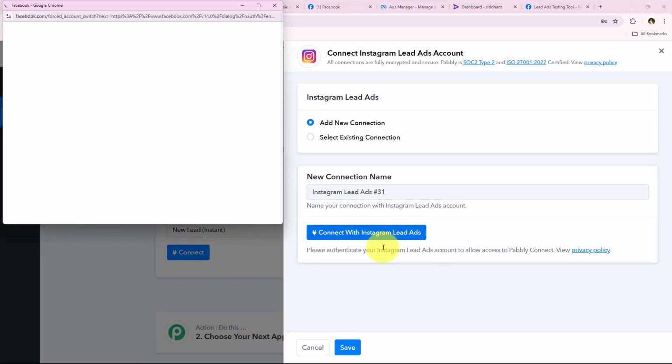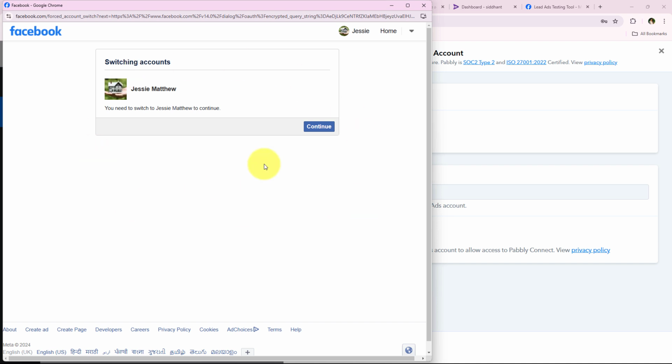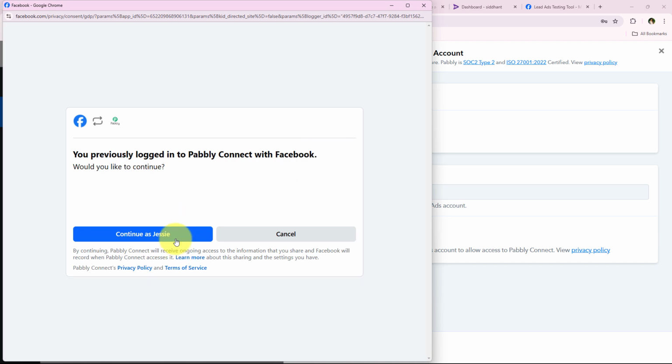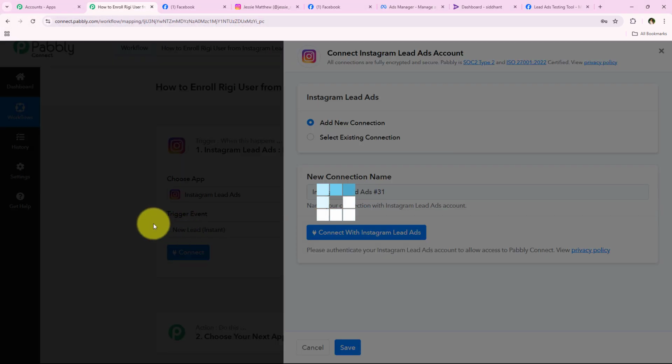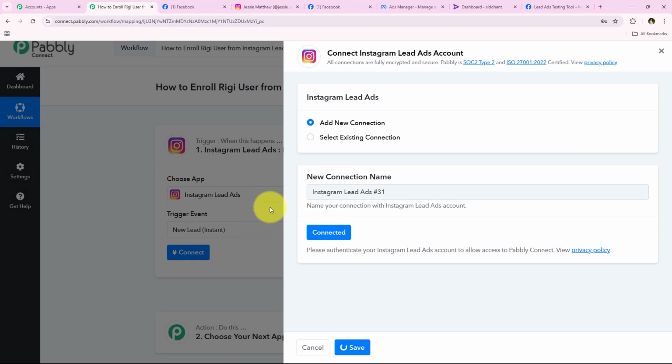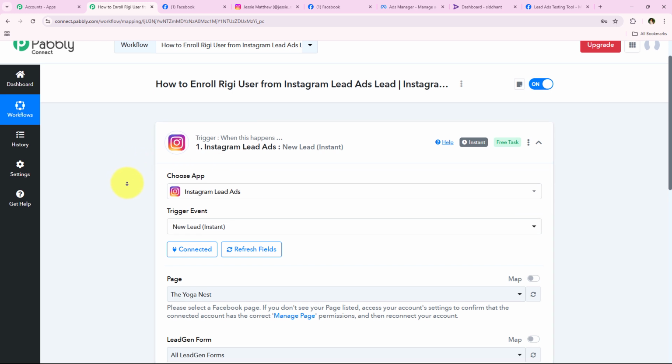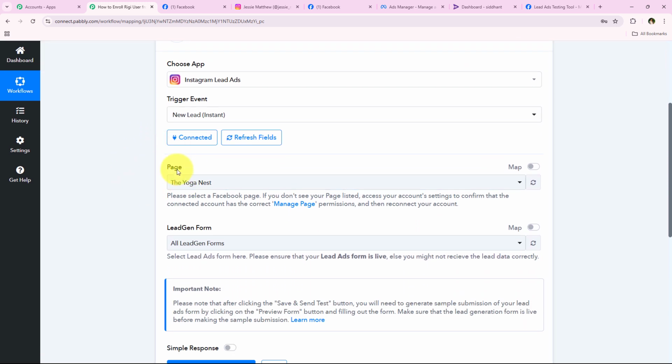Okay, so as soon as I click on this button right over here, it is asking me to select my Facebook account. So as you can see, this is the same Facebook account which we have connected with our Instagram account, right? So I'm just going to select my accounts. For that, I'm going to click on continue right over here. Once again, we're going to click on continue, and as soon as I click on continue once again right over here, yes, you can see authorization successful. We have successfully connected our Instagram lead ads account with our Pabbly Connect's workflow,